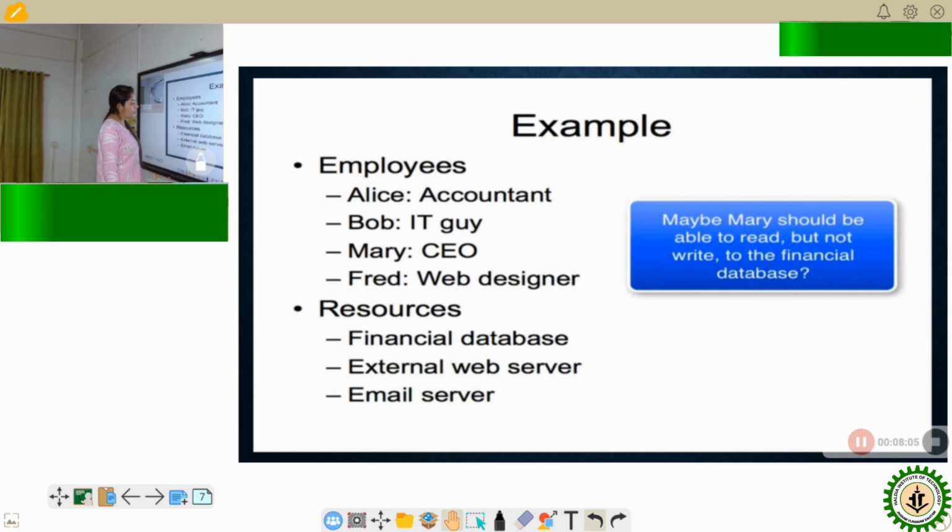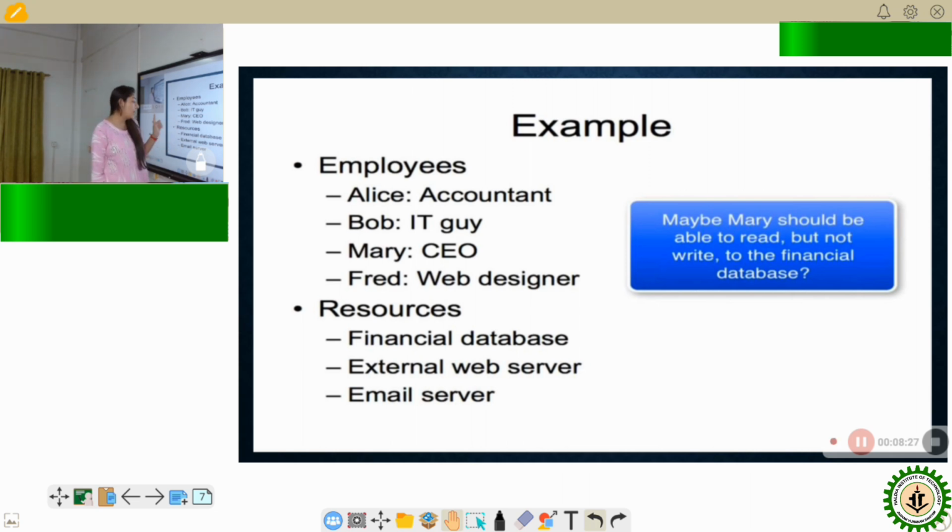Same thing we come to Fred also. Let's talk about Fred. Fred is a web designer. Web designers make web pages. Web pages display contents that are visible to your clients or end users. So where is that public information going to be hosted? Obviously on the external web server.